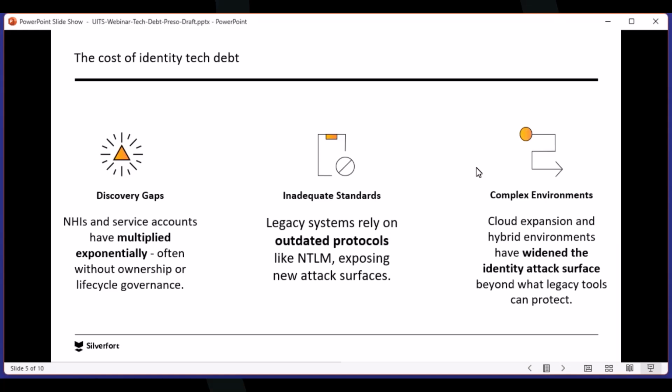And then I think this kind of dovetails off of that discovery gap, right? The idea that now we're creating complex environments. It was bad enough in Active Directory. We had the sprawl and the issues that we discussed within that environment. And now someone has synchronized those accounts out to other IDPs or Entra or somewhere else, and they've widened the attack surface greatly. And our normal tools that we use in Active Directory may not be able to solve for that across a cloud or into an IDP. They may be only available to us for things that live in Active Directory. So some challenges there.